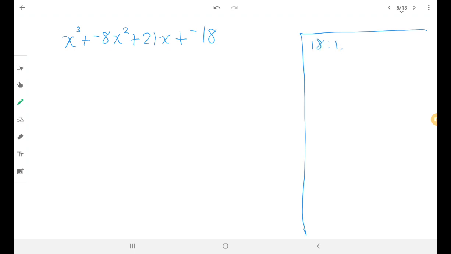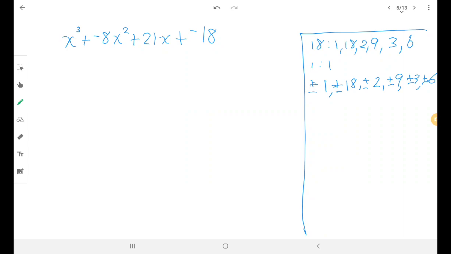Factors of 18 are 1 and 18, 2 and 9, 3 and 6, just like they were before. Factors of 1 are just 1. So I can do plus or minus 1, plus or minus 18, plus or minus 2, plus or minus 9, plus or minus 3, plus or minus 6. And then I gotta test them and hope that,